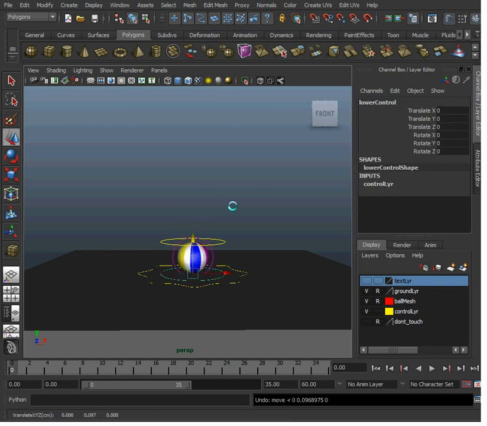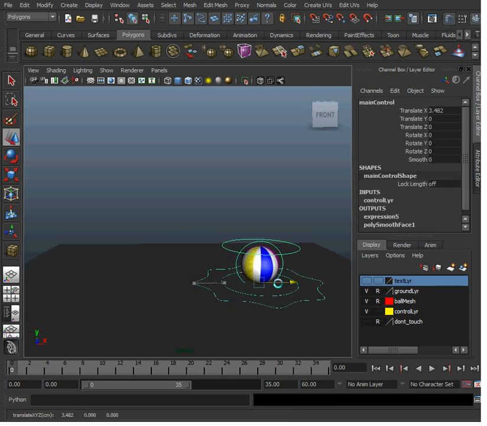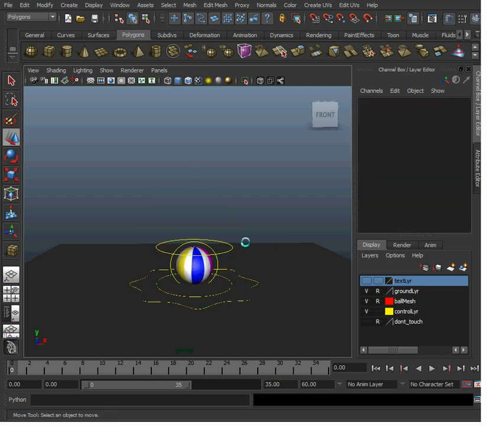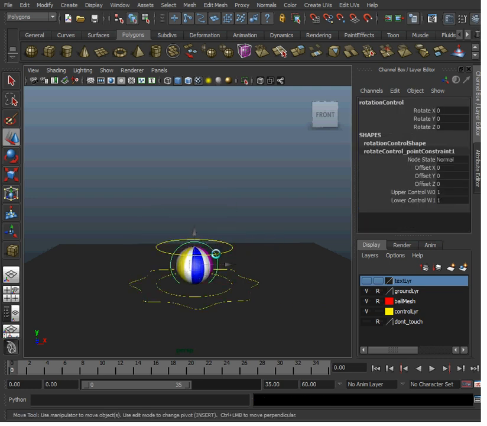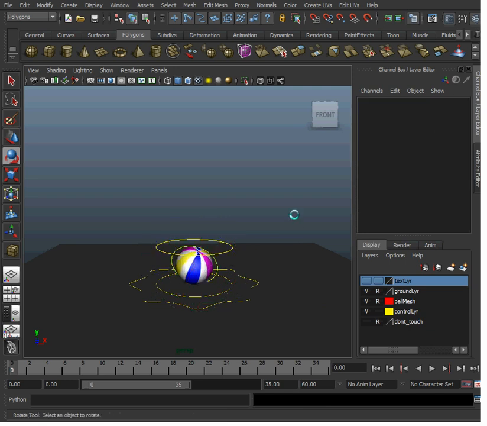up. To move the whole thing, you pick the squiggly line. It's a NURBS curve to move the entire ball around, up and down. And then to rotate the ball, you pick the controller in the middle and you can rotate the ball. I got this rig off of Creative Crash and then I modified it slightly to suit my needs.